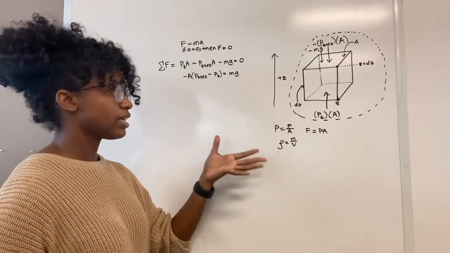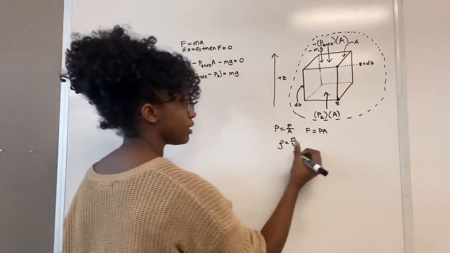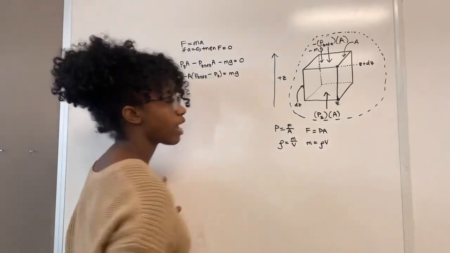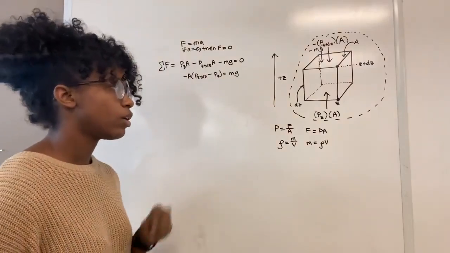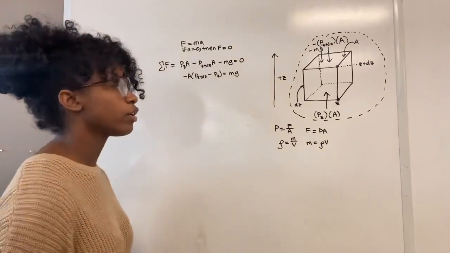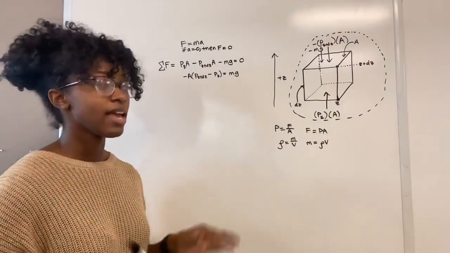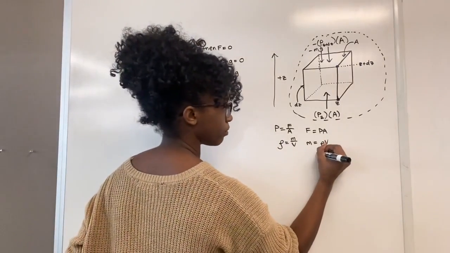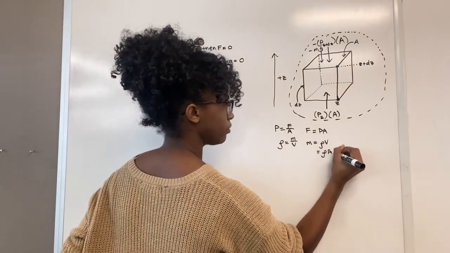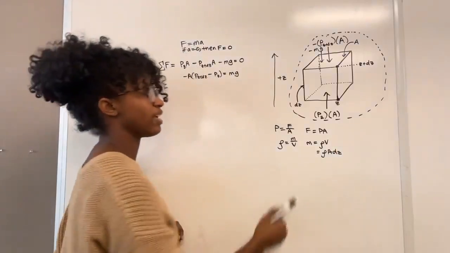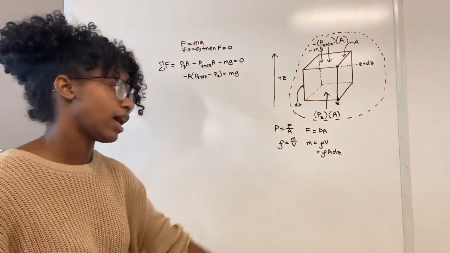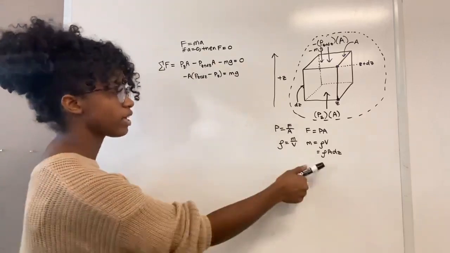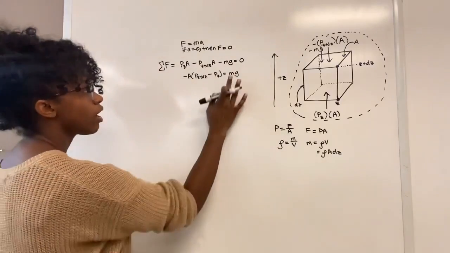So if density is mass divided by volume, that means that the mass is equal to density times the volume. And we don't explicitly have the volume either, but we do have the cross-sectional area and the differential height dz, so we can replace that for our volume. So that we're left with the mass is equal to rho times the cross-sectional area times the differential height. So we can plug this back in to our equation